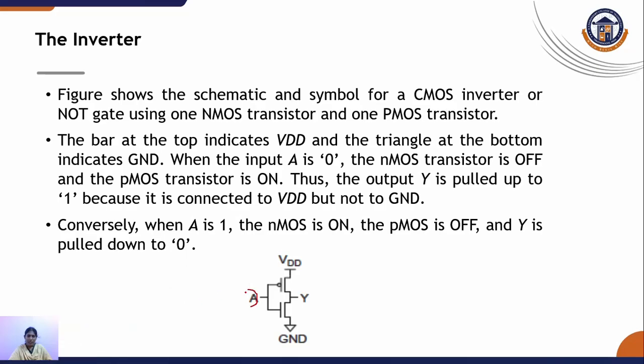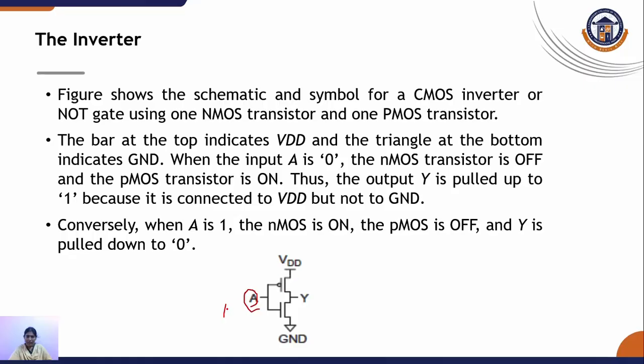Here, A value equal to 1. At this time, we already know the switch model of PMOS and NMOS. This is the PMOS, this is the NMOS. Based on the bubble indication, we identify which one is the NMOS and which one is the PMOS. So at the top of the circuit, we indicate the PMOS. So this is a PMOS.